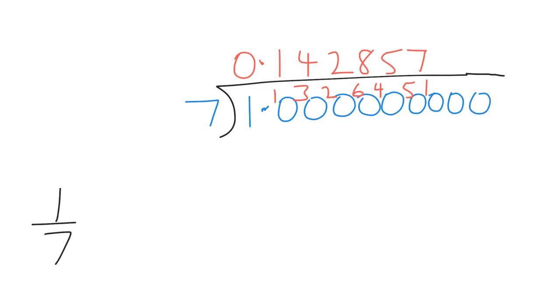So 7 into 10 goes once and 3 left over. 7 into 30 goes 4 and 2 left over. 7 into 20 goes 2 and so on. So what digits are reoccurring here? So we've now got this 1, 4 and 2 reoccur that we've already had before. So the pattern starts with the 1 and goes up to the next time we get a 1. So it goes from the 1 to the 7. So we can write this out as